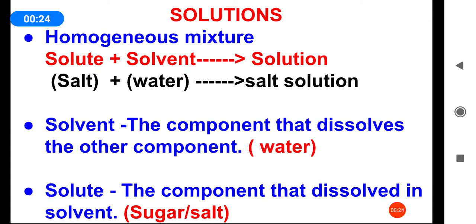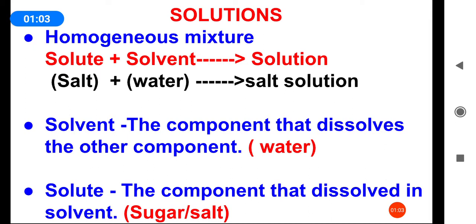What is a solution? A solution is a homogeneous mixture of two or more substances. A solution may exist in any phase. Common examples of solutions are sugar in water, salt in water, soda water, etc. In a solution, all the components appear as a single phase. We can't differentiate the components in the solution. There are no boundaries between the components in the solution.